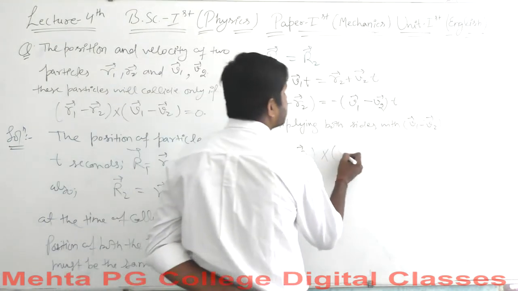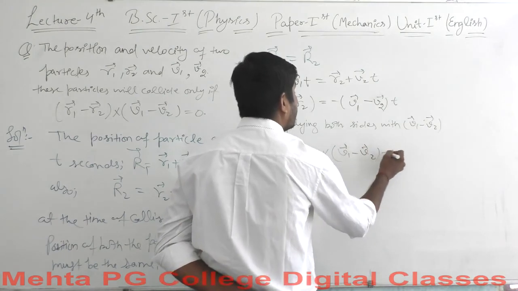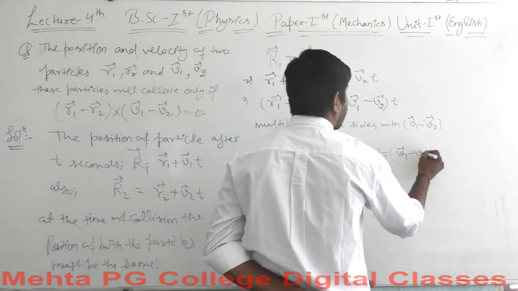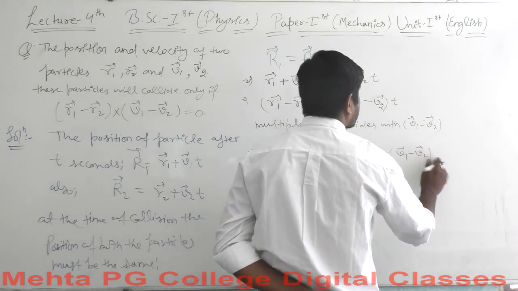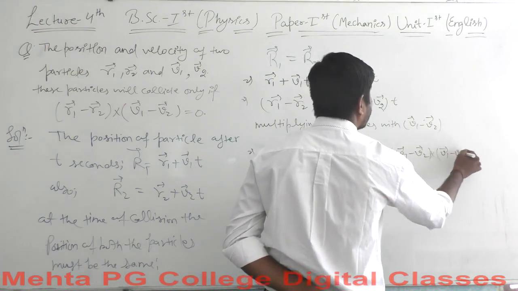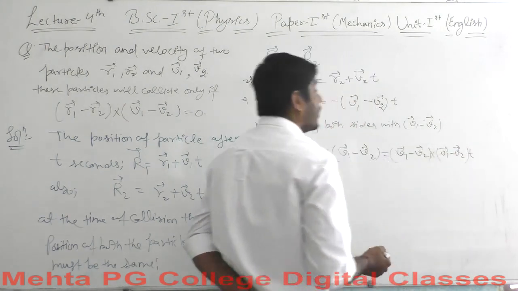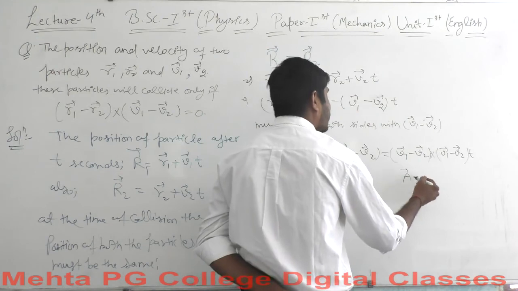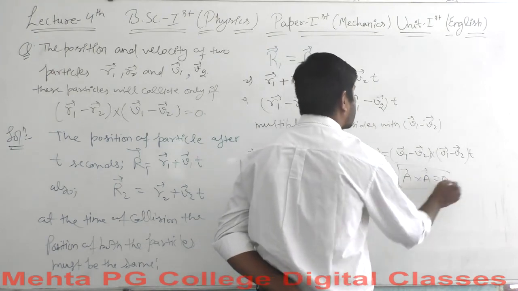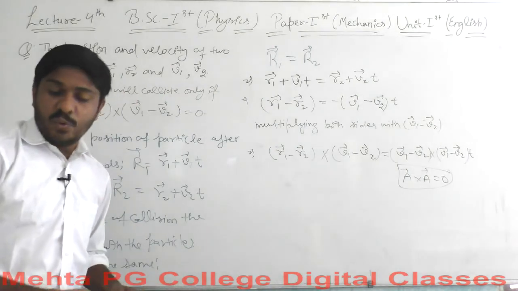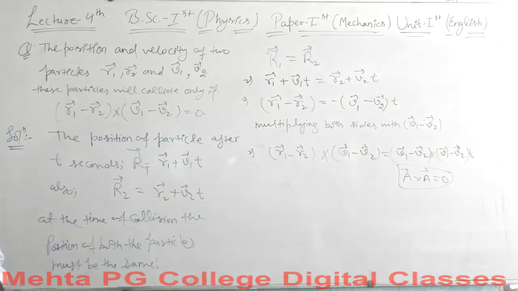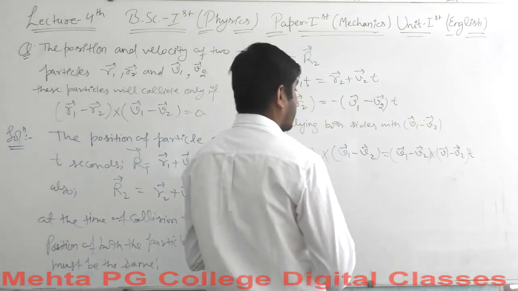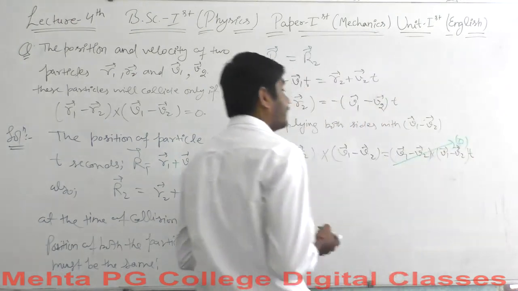Okay, so this is v1 vector minus v2 vector. If you multiply v1 vector minus v2 vector here, let's see what will happen: v1 vector minus v2 vector cross v1 vector minus v2 vector into t. If you remember, the cross product of the same vector, let's say a vector, multiplied by a vector in the same sense, should be equal to 0. This is the vector multiplication identity, if you remember. So this value must approach 0.